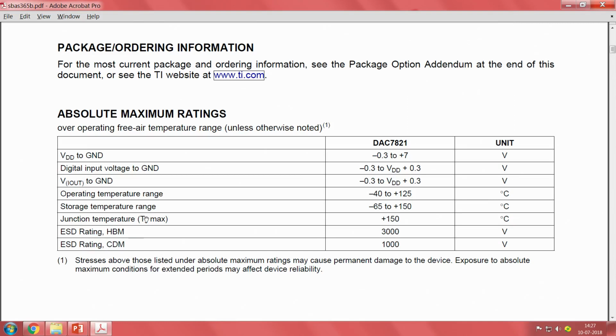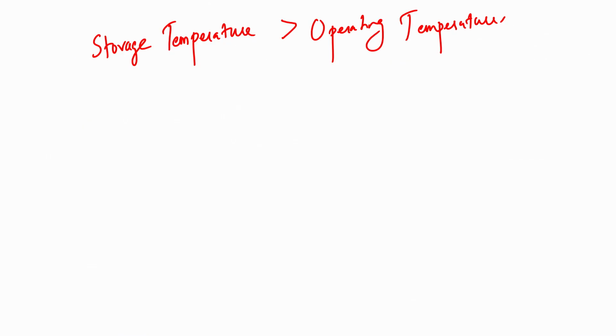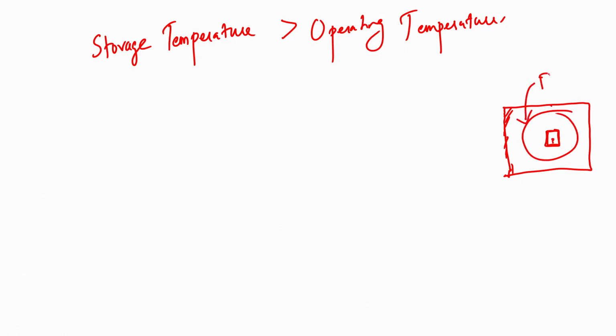What is junction temperature? Junction temperature is a concept from VLSI. So, your chip will have a package. I will quickly go through it. This is not actually within the scope of what we are discussing, but for sense of completeness. So, you would have seen any IC, it will be black in color, full black. Inside that you will have a small die. This is the actual logic, this is the actual chip, this is just the package.